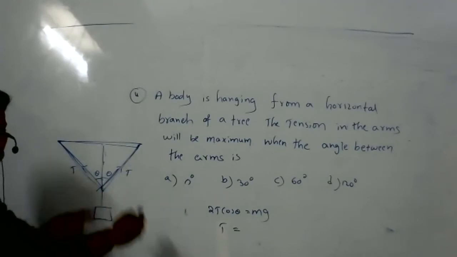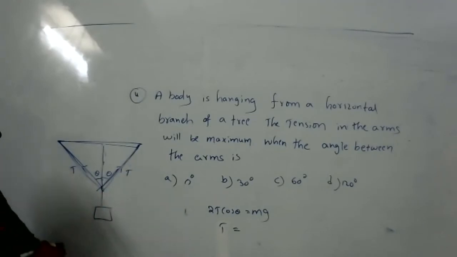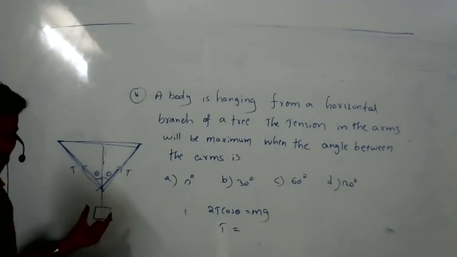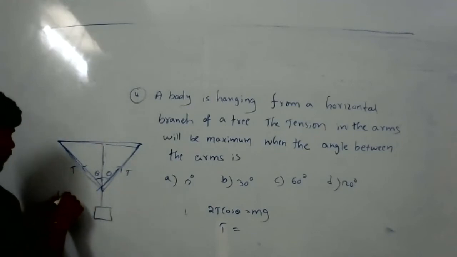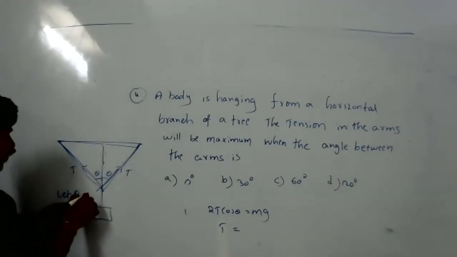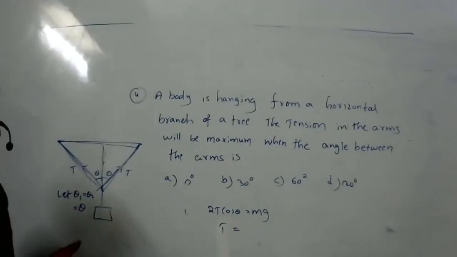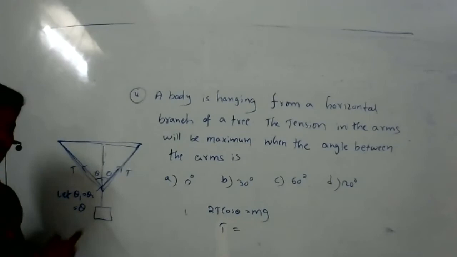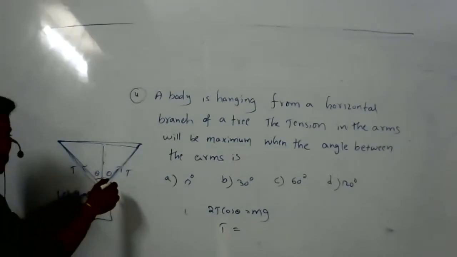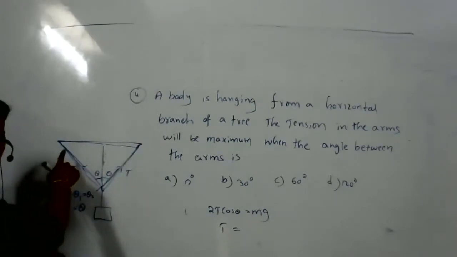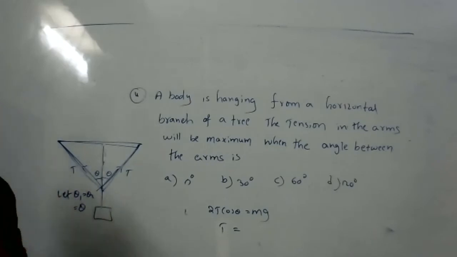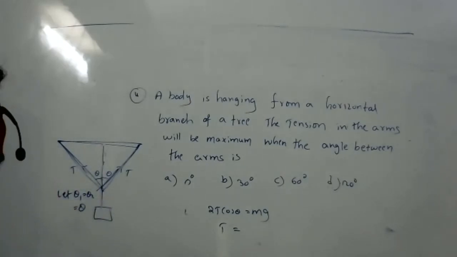Sir, it can be anywhere, right? Theta. Yes, have you taken theta? Both the thetas are equal. Let theta 1 equal to theta 2 equal to theta. Then we have to assume. So what if they are not equal? If you don't assume, they will mention the thetas. Sir, tell me, ma. So if you see, everything is an assumption here. Even the diagram which you have drawn is an assumption.